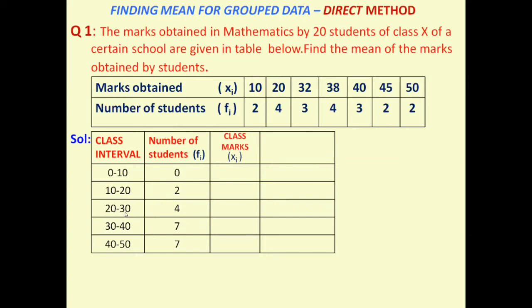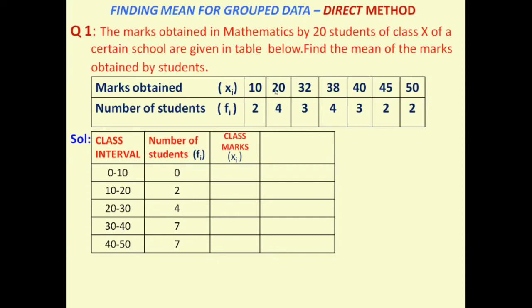In the next class we have 20 to 30. In 20 to 30 we have only 4 members, so we bring that 4 here. In 30 to 40 we have these 2 classes, 32 and 38. Both marks we have to bring to this. That will be 3 and 4, that total will be 7. At last we have 40 to 50. This is the last class, so we have to include 50 also in this. No classes we have further, so we include that 50 also. So 40 to 50, how much do we have here? 3 plus 2 plus 2. 4 plus 3 is 7.